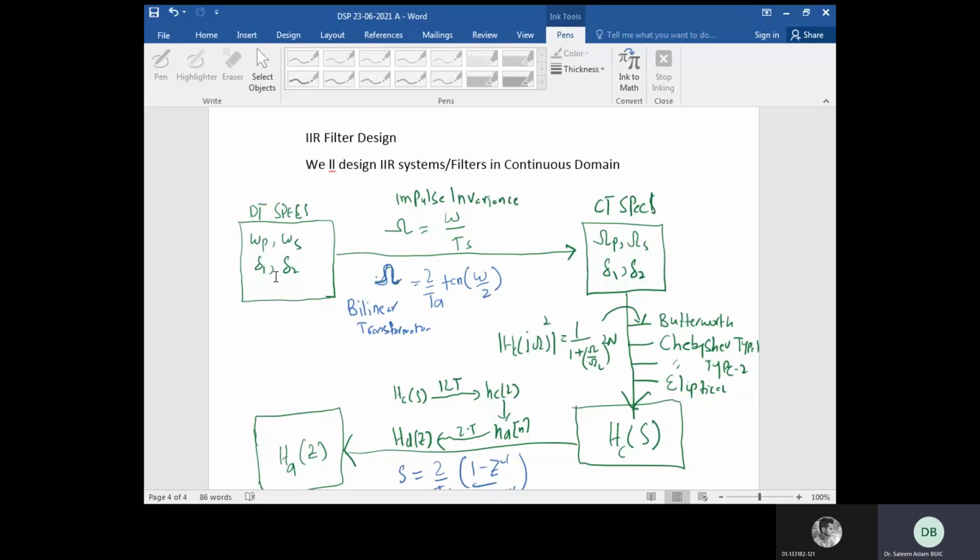Logic समझ में आ गई कि क्यों हम जा रहे हैं? Definitely, if we don't have an advantage, we will not go there. So already, क्योंकि IIR filter design की जो techniques हैं, Butterworth, Chebyshev और elliptic, they are mature enough that we did not think of starting from our own side, क्योंकि अगर हम यहाँ पे directly IIR filter design करते, तो it would take a lot of time to get right.